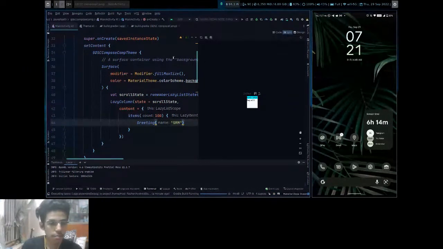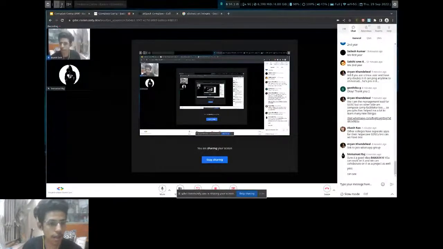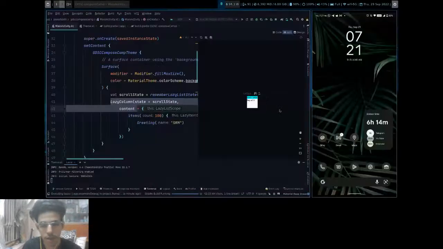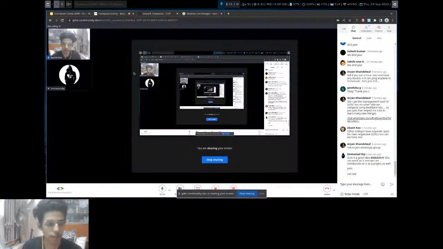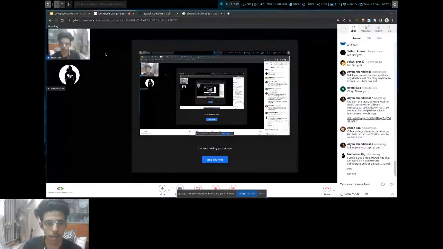While it's building, this is basically the list layout in Compose. What LazyColumn will do is anything that is being shown on the current screen will be stored in memory. The rest of them will be cached out of the app, and it will store in temporary memory until it comes back.